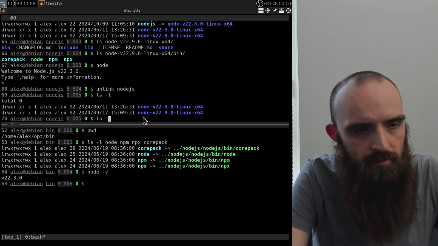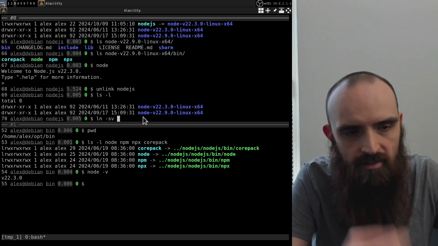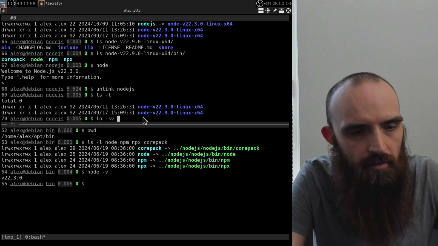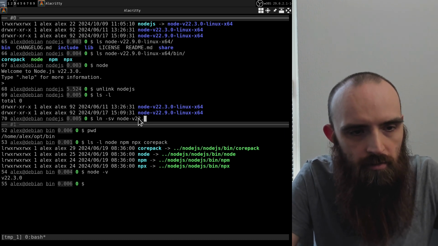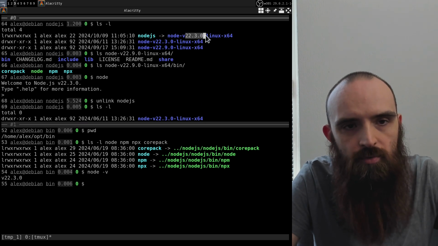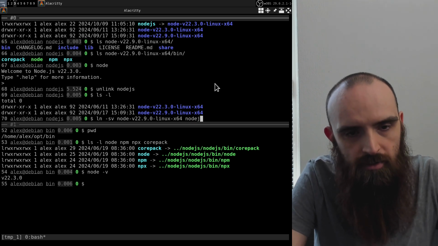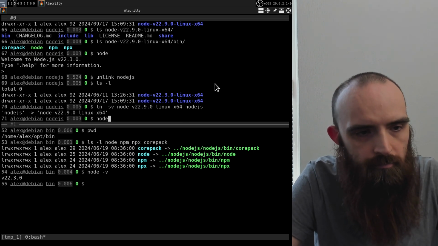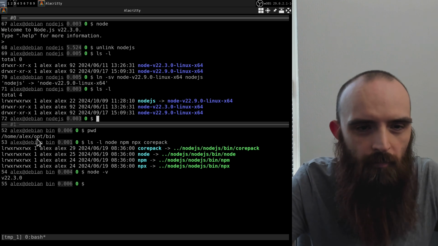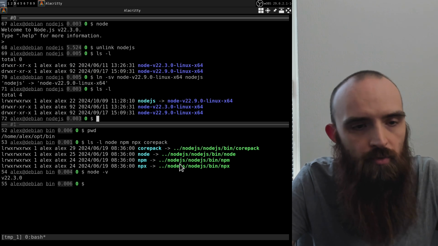and then I can type ln -s for symbolic link. I also like to put v here, so that stands for verbose, so that I can see what link is being created. And then I need to type node 22.9 this time, so instead of 22.3 I'm going to use 22.9, and then just the name of the link, which is Node.js. Enter. So now we have a new link,